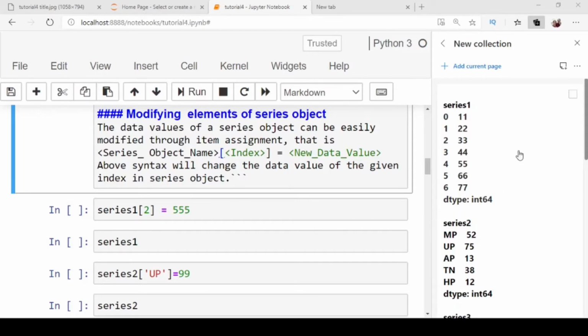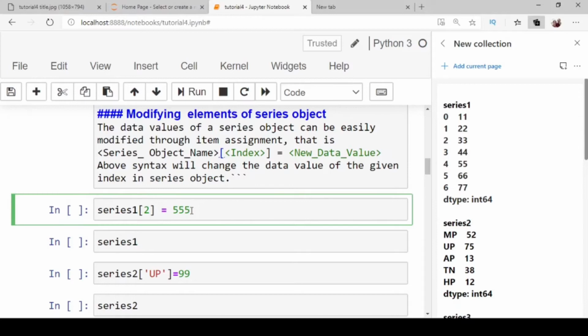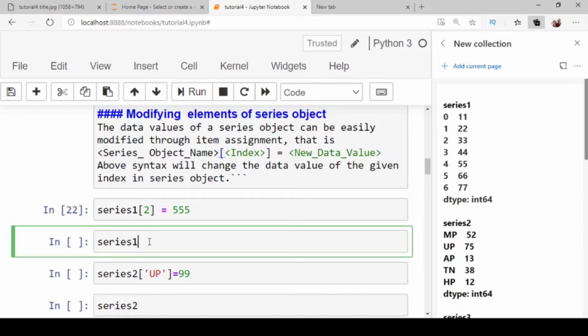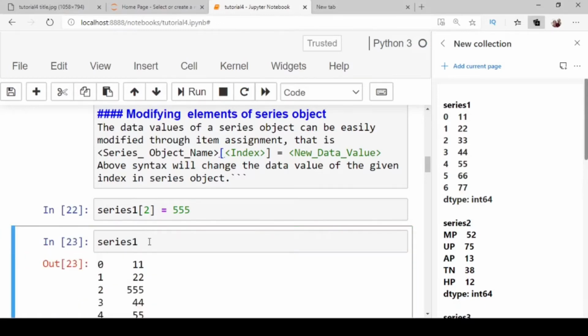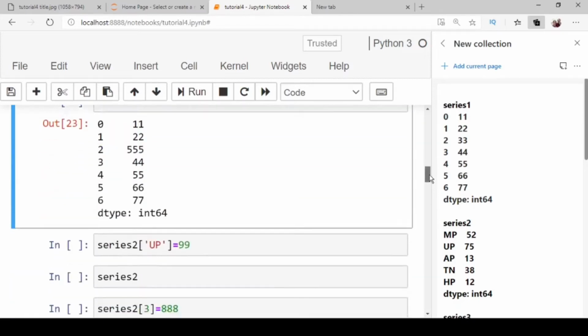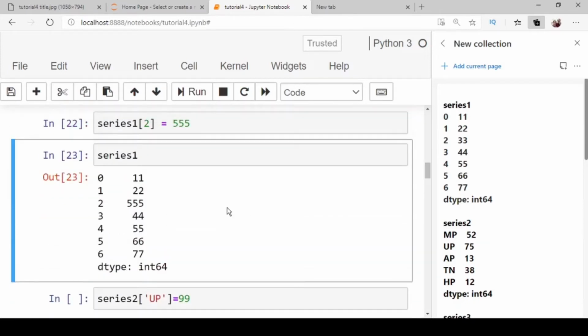First you see the contents of series 1, which are depicted here. After that press Ctrl plus Enter, write series 1 and press Ctrl Enter. You can see that the data has been modified at index number 2.